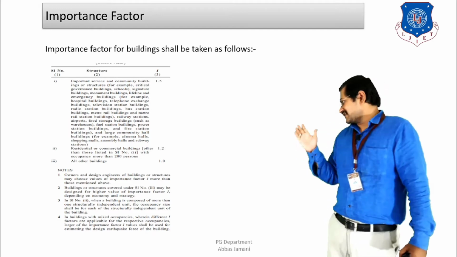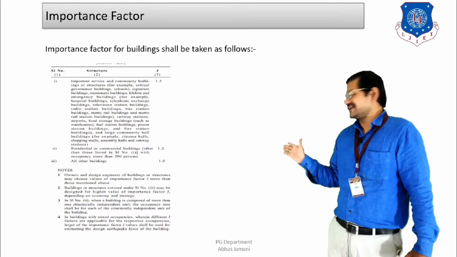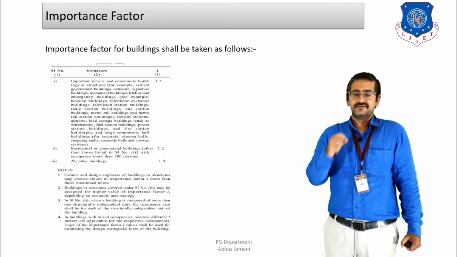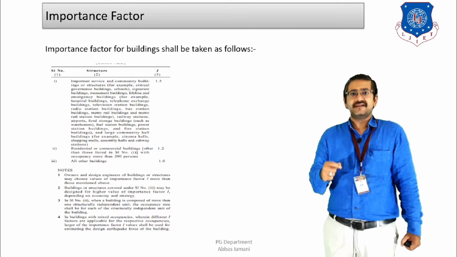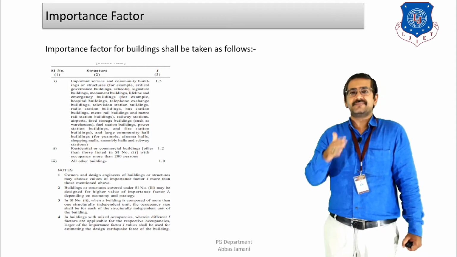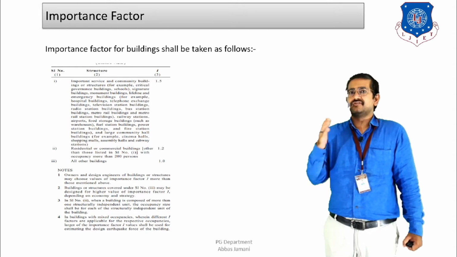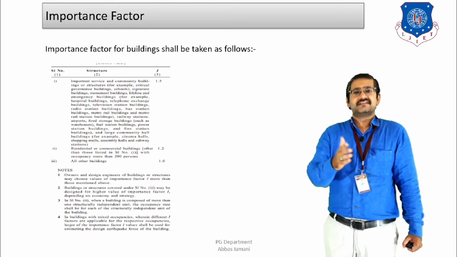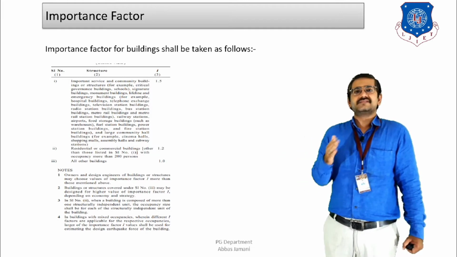If I look at the codal provisions, IS 1893 provides us with three categories. The first category talks about the special structures, the structures which are directly related to the economy of the country, that is nuclear power plants, dams, bridges, silos, chimneys, wherein the lifeline of the country or of a state or a city is going to be dependent, right? In the case of industries, whenever a failure occurs, the impact is going to be huge, because if there is a breakage in the industry, the production is going to be impacted, and as a result the amount of loss will be much higher. So all these structures will be considered as special structures.